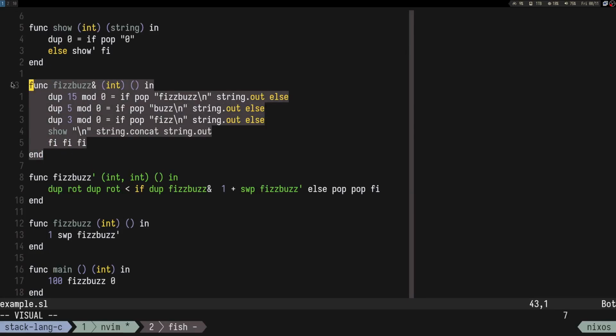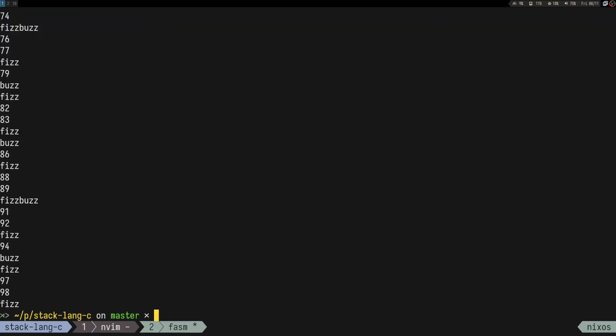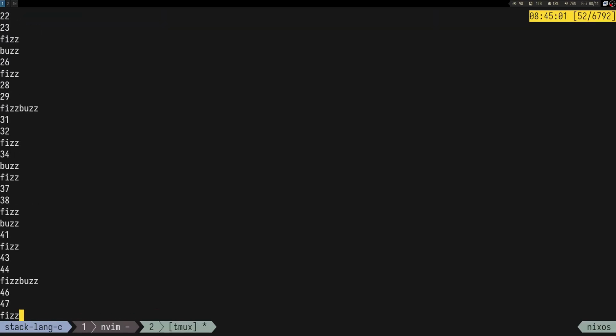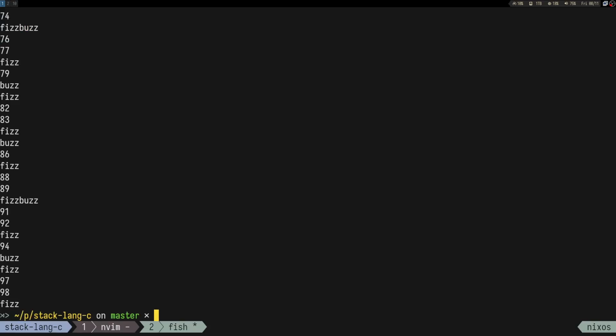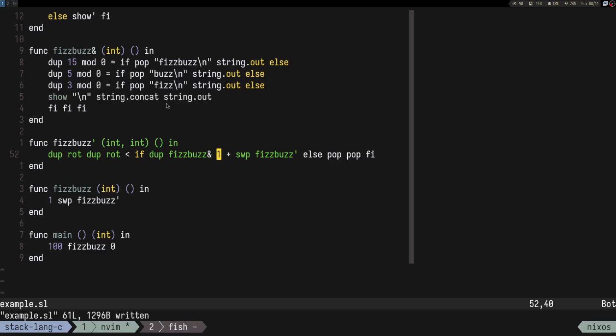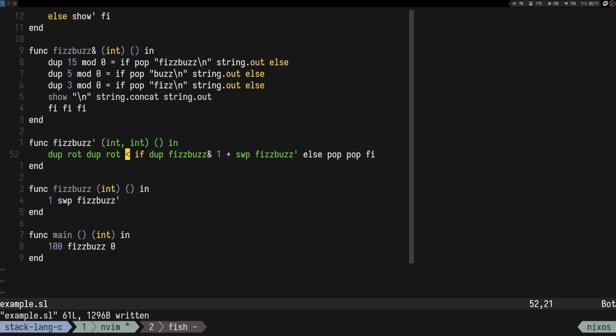We have this entire crap. But it's kind of doing FizzBuzz, right? Am I right? Like, it looks good to me. I don't know if it should start with... yeah, I mean,